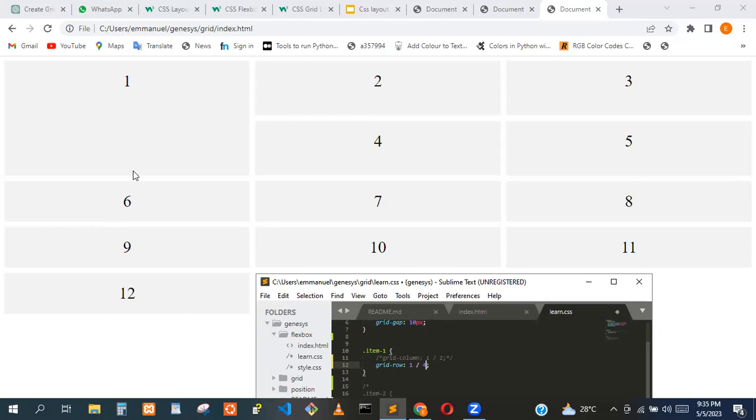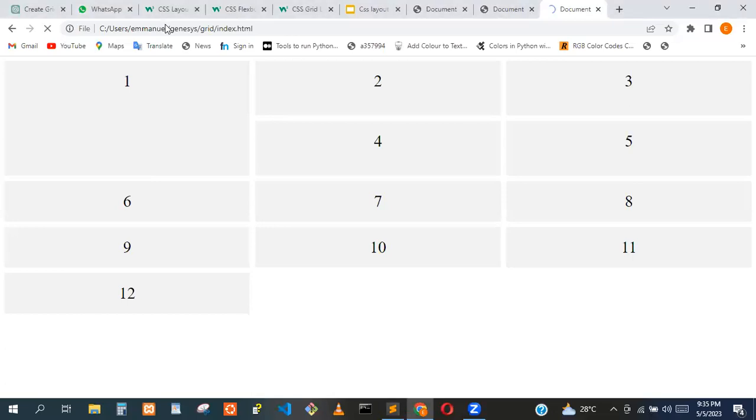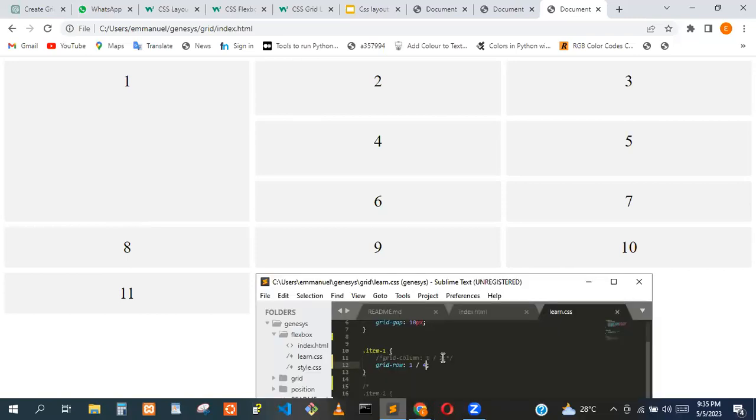So check, it was somewhere around here. Now it gets to somewhere around here. So now we started from 1, 2, 3. Here now is 4. So we can also do the same thing in the column. We can make it take more columns than it should have. Let's make it take up to 3. Now we set the column to 3. It should start from here, 1, 2, then it will get to here, 3. Then it will do the same thing in the row, 1, 2, 3, 4. So it will take up this entire block,